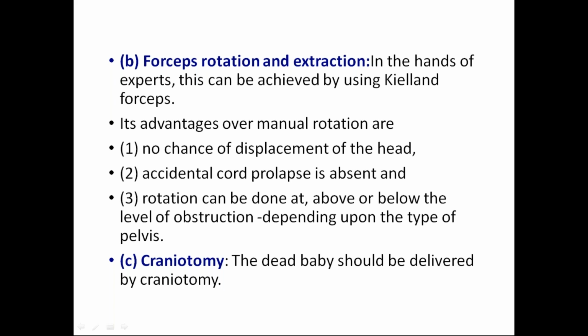It is a long forceps where the pelvic curve is not there. It is also a straight forceps. You can also use it for rotation, but it has to be an experienced person. Nowadays, nobody is using all these things because of the hazards. There will be rupture of the uterus, and injury to the fetus, all these things. Earlier days, people were using Kielland forceps, now it is obsolete.